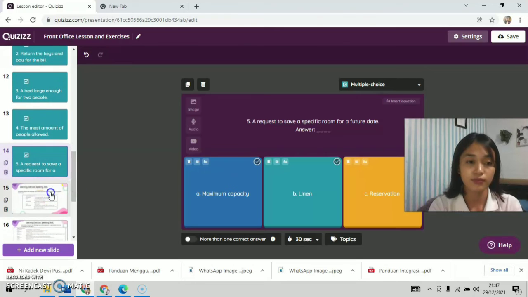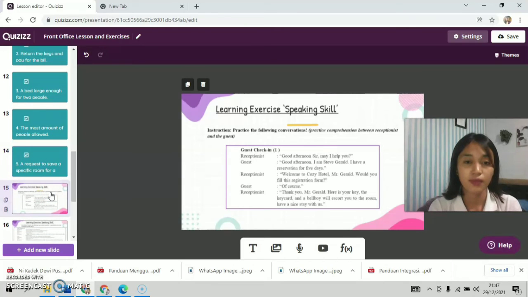Next is the learning exercise, especially for speaking skill. So to improve a student's speaking skill, I have provided a dialogue, a conversation for them. So the instruction is practice the following conversation. Practice conversation between receptionist and the guest. So the students have to work in pair. One person as a receptionist and one person as the guest. So they have to record